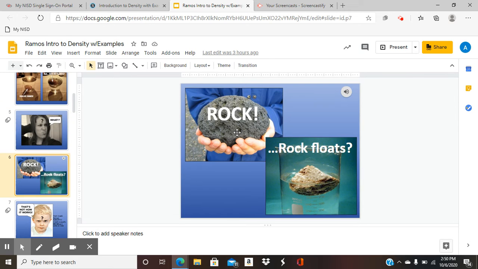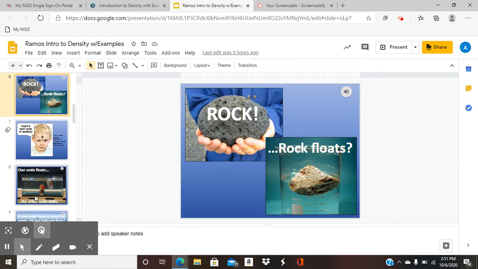The rock, okay? A lot of you think that rocks are very dense, right? They have a lot of mass and they're dense, so it's going to cause the rock to sink. But this rock is an igneous rock and it's very porous, and it's going to cause it to float, so it's less dense. You can see the pockets, the bubbles, okay, of it, so it's going to be less dense than